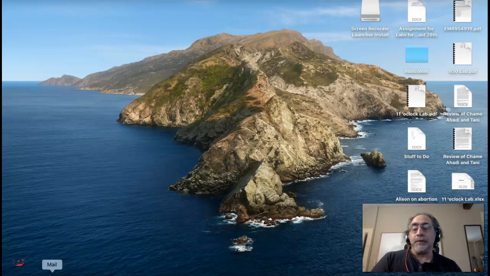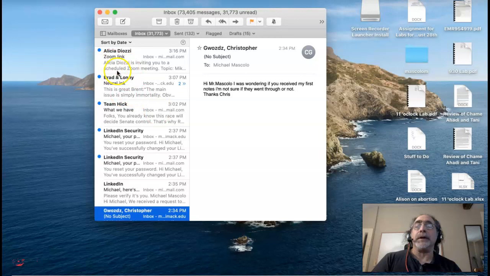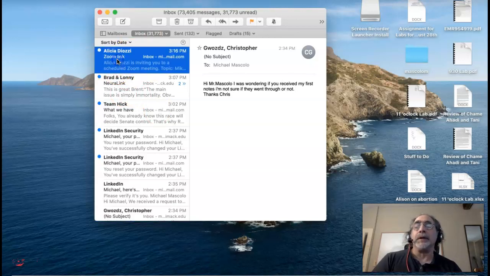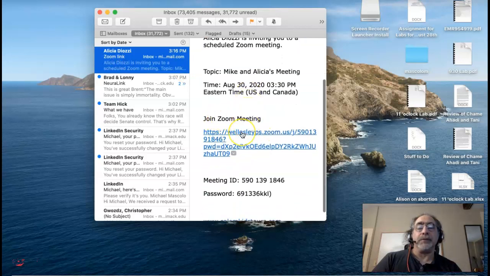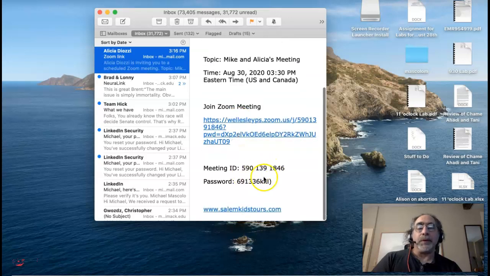So, first thing is you go to your email and you'll find that someone has sent you a Zoom link from us, probably Harry Proctor. You'll press on here and go down to where the Zoom link is and press on that in order to join. If you need a password, there's where the password will be, and that's where the meeting ID will be. Okay, so we hit that